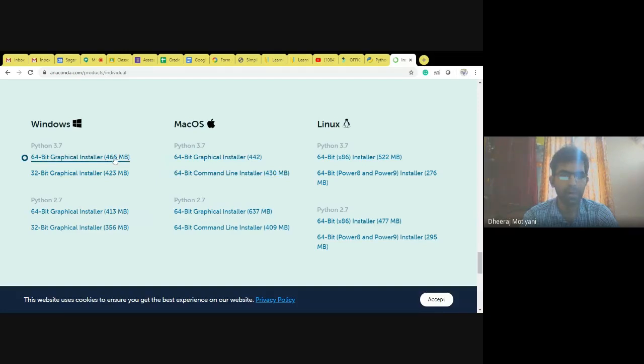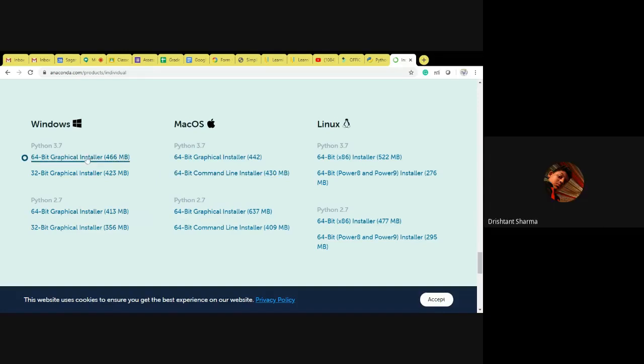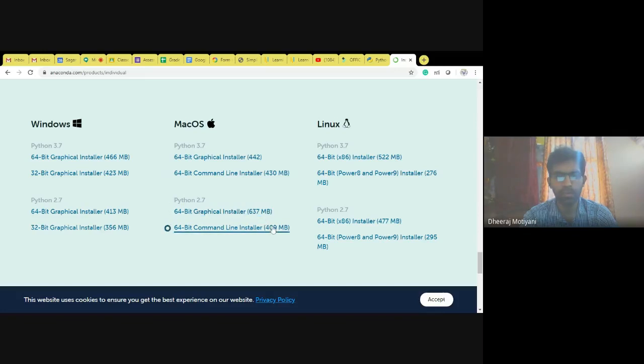Okay, it's 466 MB for 2.7. It depends, it will be having varying data type, varying size. See, Python 2.7 32-bit graphical installer is having only 356 MB. So it is very less as compared to others.